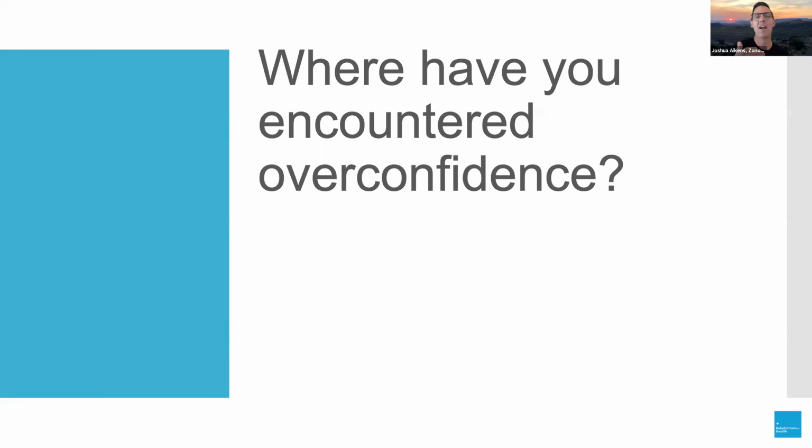So what I wanted to do now is jump into some of the different aspects of overconfidence, and there are 3 O's. The first of which is overestimation. This is one type of overconfidence, and this is thinking that we're better than we are. So a lot of what we were just talking about: we think that we possess greater skills and more talent than our experience, or maybe a reasonable assessment, would warrant.